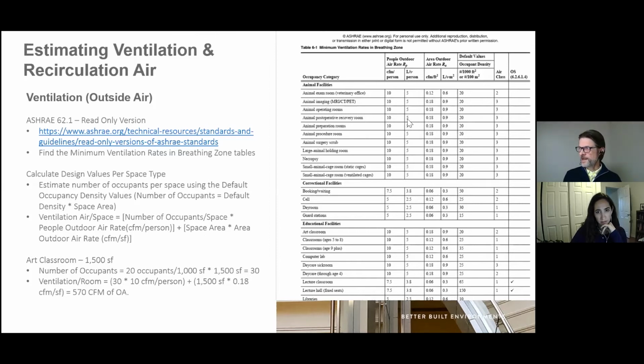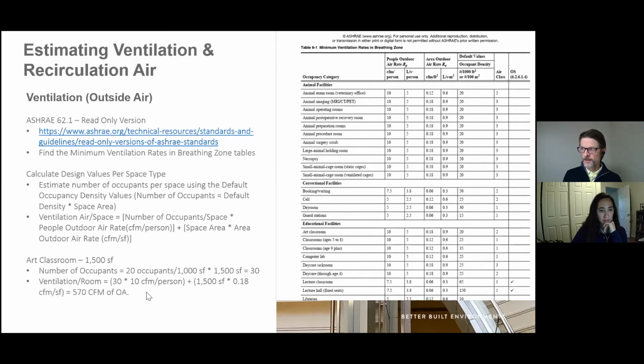So then that ventilation number is based on understanding or estimating what's required from the number of occupants I have in the space, the design that I just calculated, as well as the square footage. So there's two components to figure out. The first one is you take the CFM value per person, which is 10 in this case, and multiply that times the number, which was 30, which you just calculated, so that's 300. Then you need to add the additional amount per square footage. So I've got 0.18 CFM per square foot. So I multiply that times the 1,500 as well, and I add that together. And so the total ventilation from a design standpoint, at least to start with, is 570